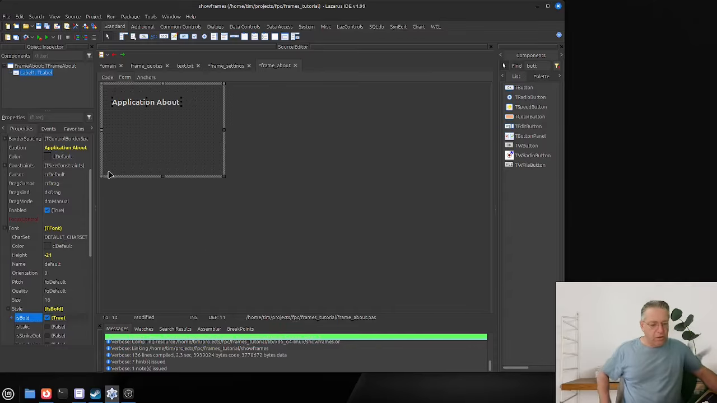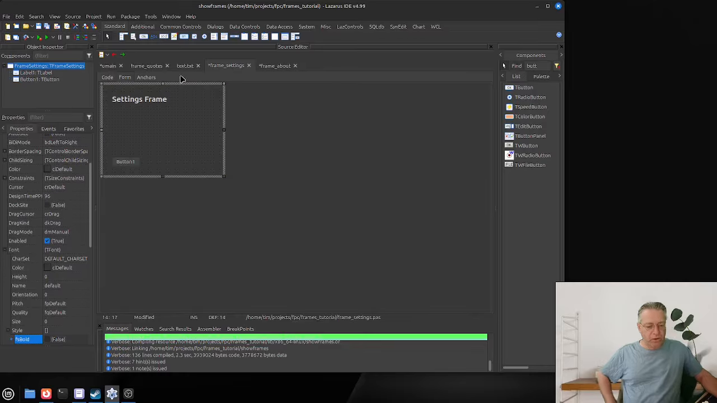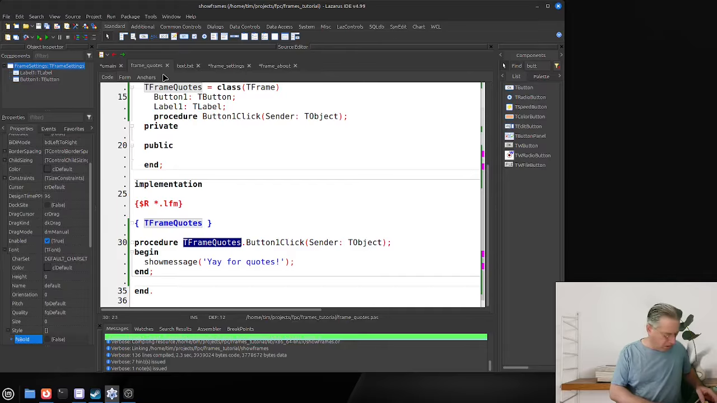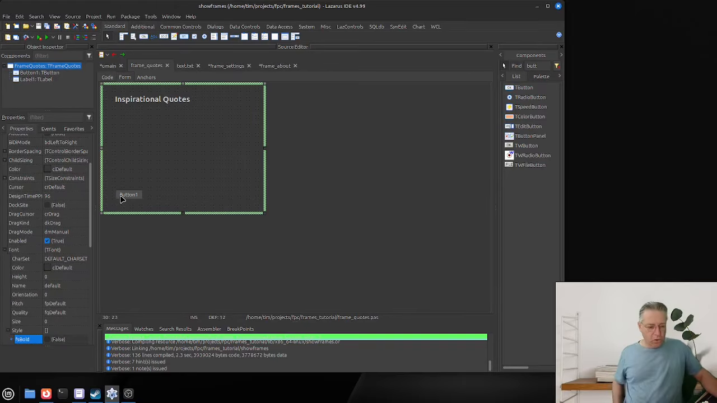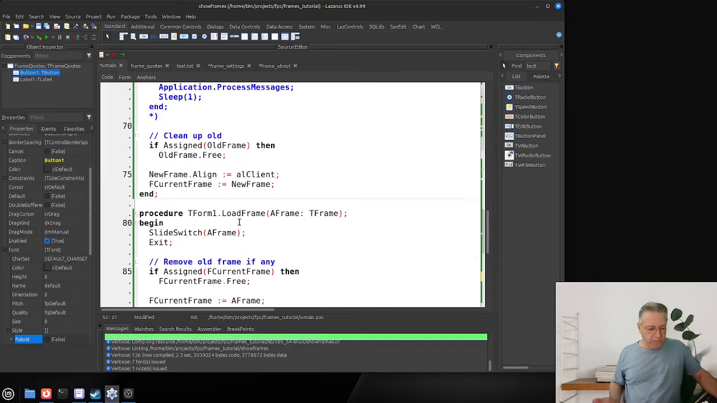So what we've done, we've made everything look the same, so you can see what our about frame looks like. There's not much there. We've got a settings frame with a single button, and now we've also got a quotes frame with a button that does something here. And when we load the frame then,